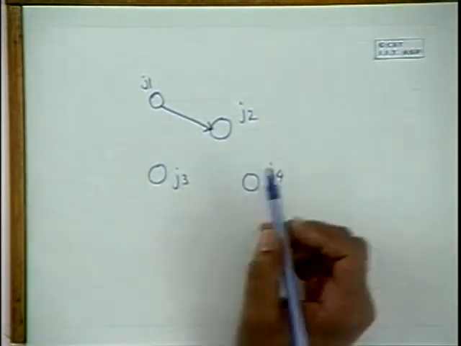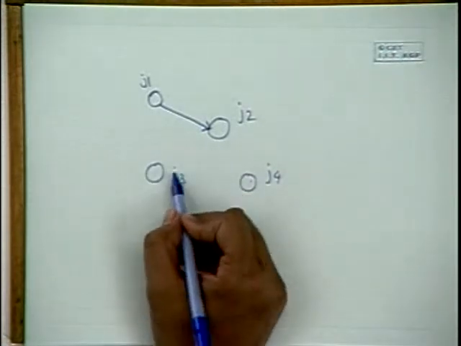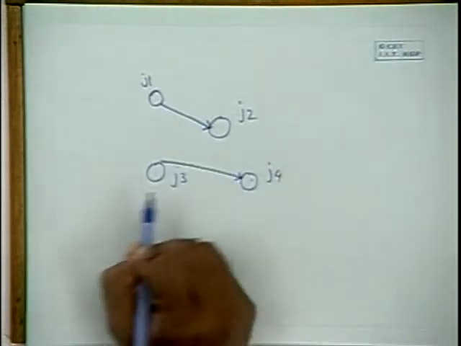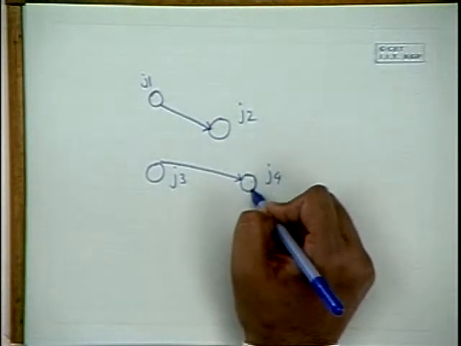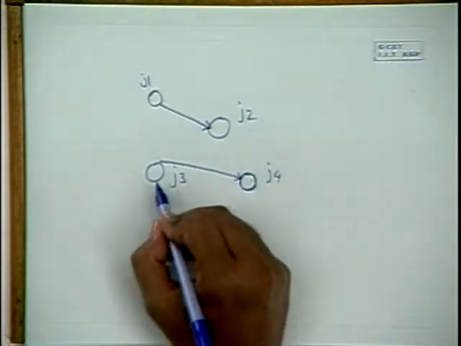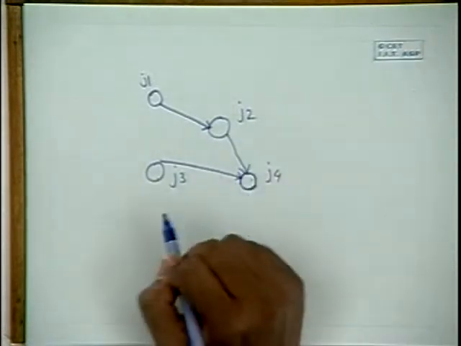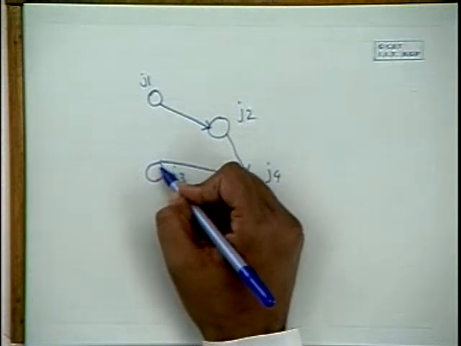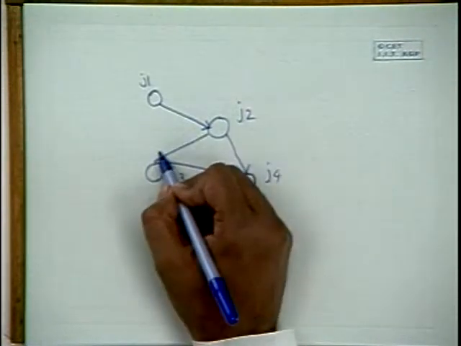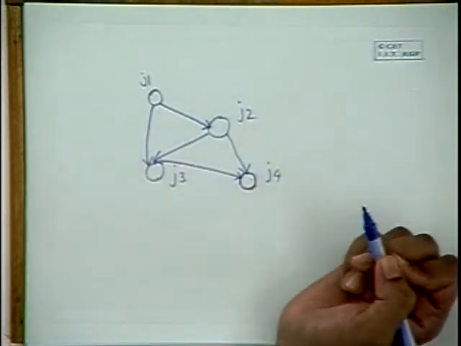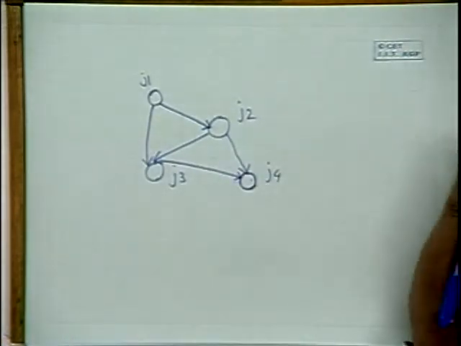And suppose J4 can happen only when J3 is finished. So again you can put it this way. And for J4, I can put some more constraints, that J4 can take place only when J3 is done and J2 is done. And again I can say J3 will be done only when J2 is done and probably J1 is done. Suppose I have this scenario. You can see that it may be very complicated also. So in this case one would like to say, give me at least one sequence in which I can schedule all the jobs, at least which is feasible. That scheduling can be done.